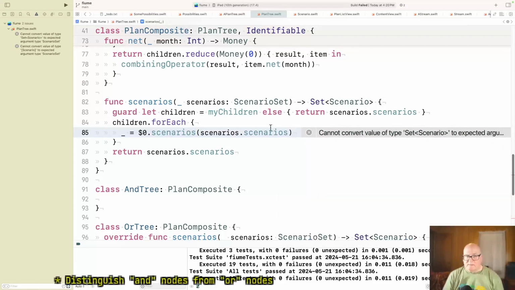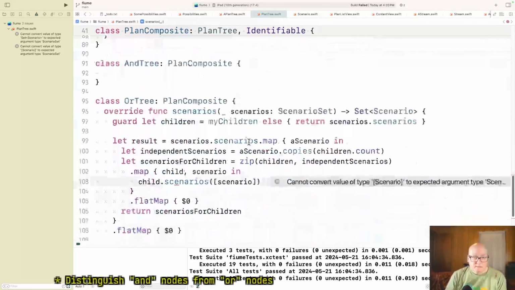Can I convert set of scenario? Right. He shouldn't need the set. And then same thing.